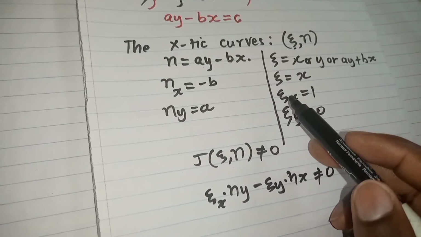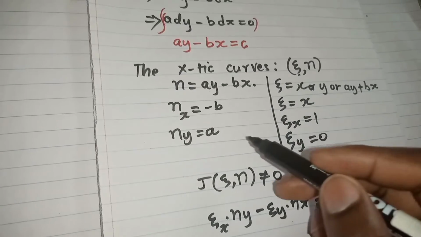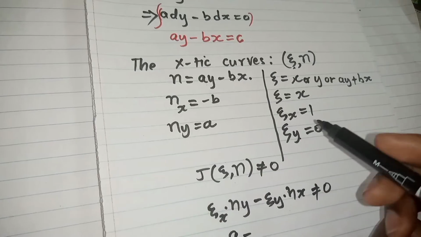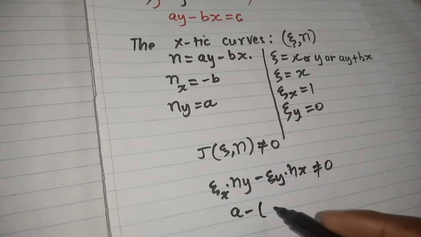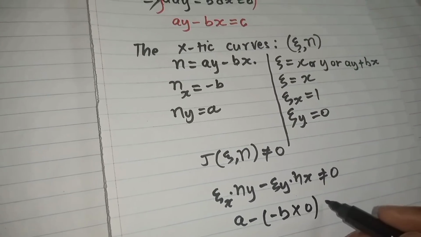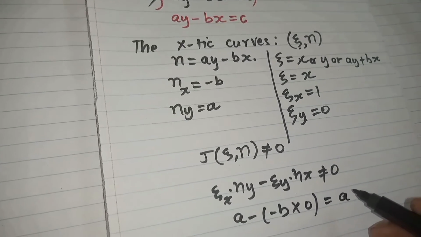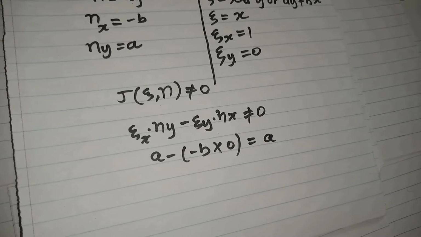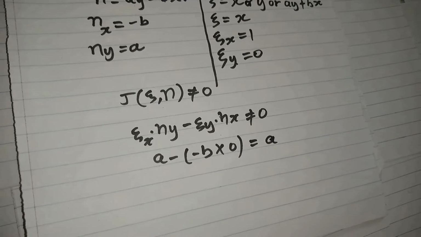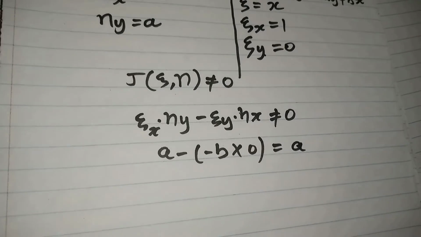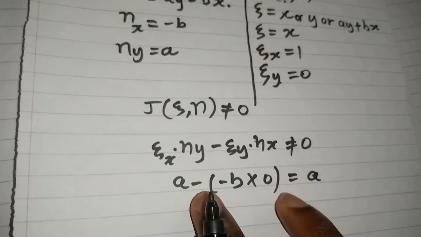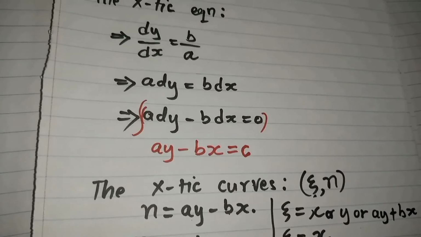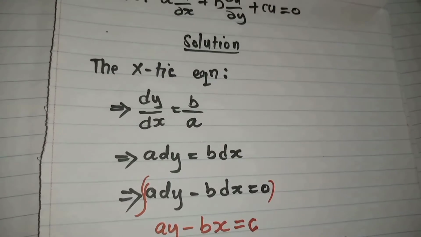So in this case I have 1 times a, minus negative b times 0. This is equal to a, and therefore the Jacobian rule is obeyed. Then, since the Jacobian rule is obeyed, we are going to obtain the values of the partial of u with respect to